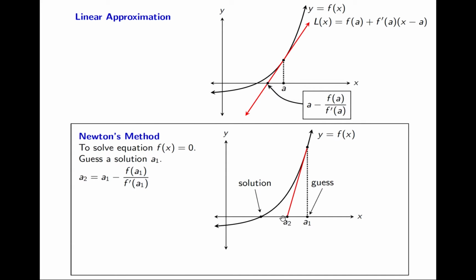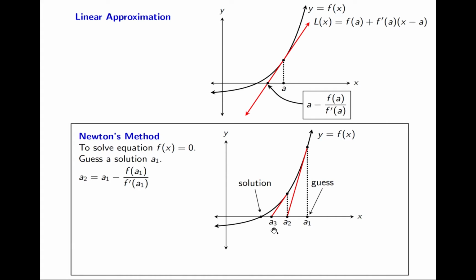Now a sub 2 is still not a solution, but notice that it's closer to the solution than a sub 1 was. So what we're going to do is iterate this process. We're going to look at this better guess at the solution, a sub 2, and take the linear approximation to f of x at a sub 2. And we get a tangent line here that crosses the x-axis at this point, which we're going to call a